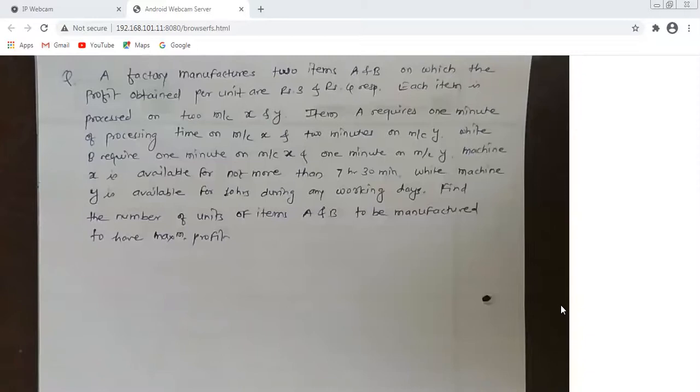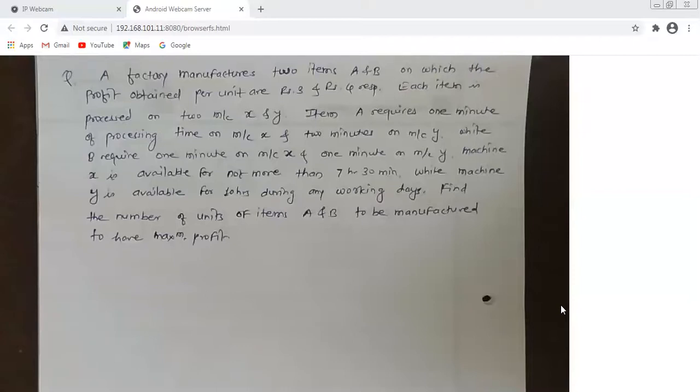In the last lecture, we started the first topic, that is the linear programming problem. We have seen there are different methods to solve the given linear programming problem. Out of the three methods, we started the graphical method, and we have seen there are two steps to perform the graphical method. After that, we solved one numerical based on the graphical method. Today, we will solve one more numerical based on the graphical method.